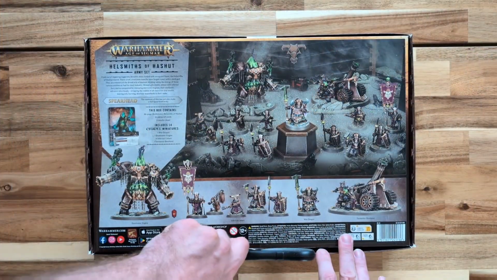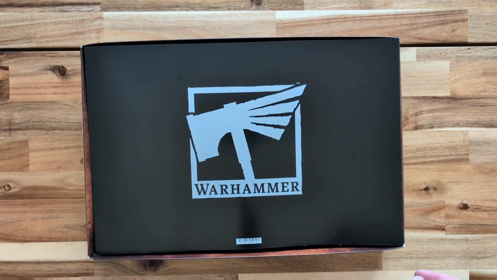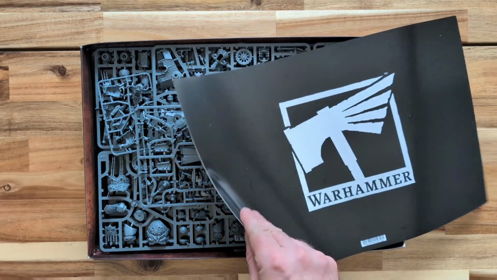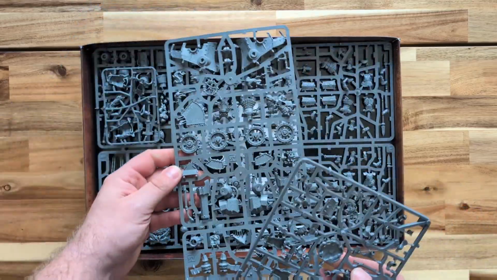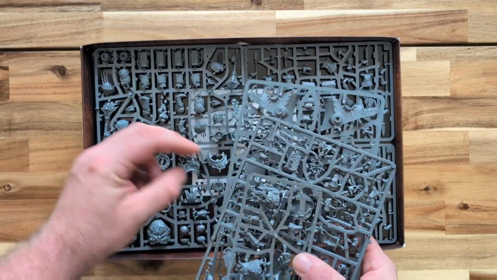I should be using a fire axe or something to do this. Ooh. I was expecting something different there. Okay, it's just a double-sided Warhammer poster, which is always good. And a box full of plastic. Okay, yeah, so lots of sprues. So this is the spearhead in a box. So we'll take it all out and have a look at the